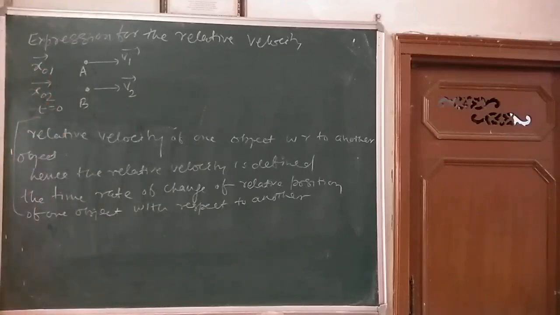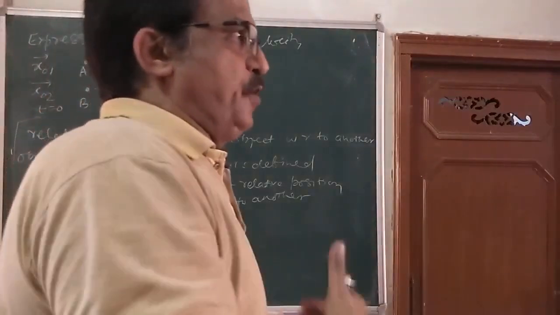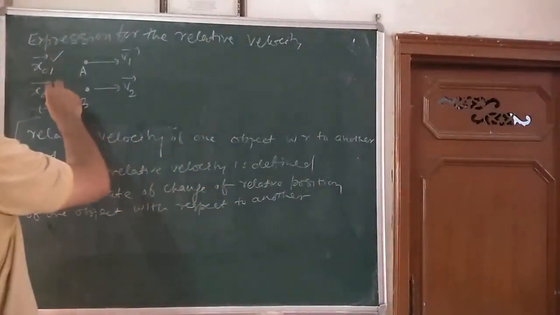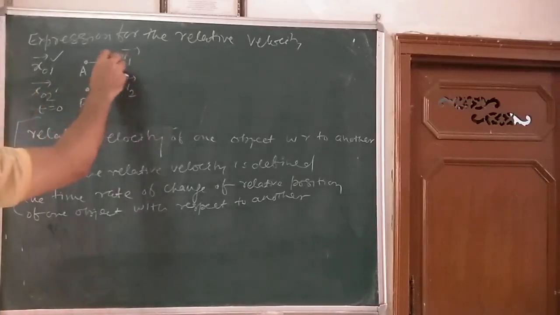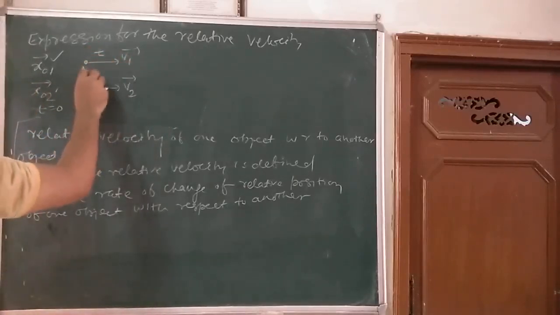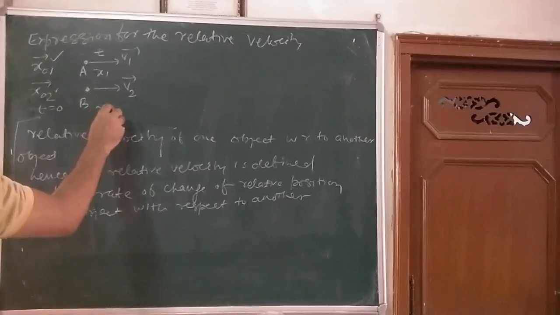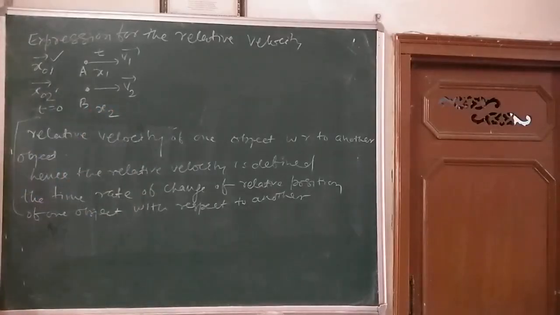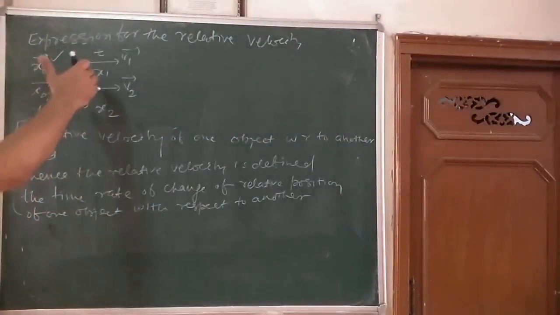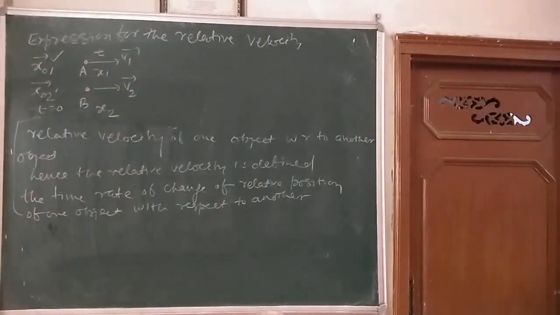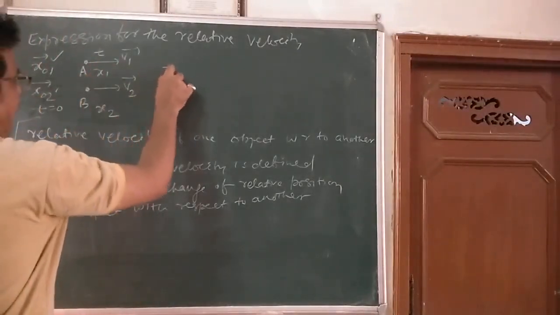is equal to 0. Suppose A is standing here and B is standing here, maybe a bit ahead or behind. The positions are x01 and x02. If at any time t, the position of A is x1 and the position of B is x2. After some time A has come here and B, which was here, has come here, a bit ahead. So after a time t, what is the position of A after a time